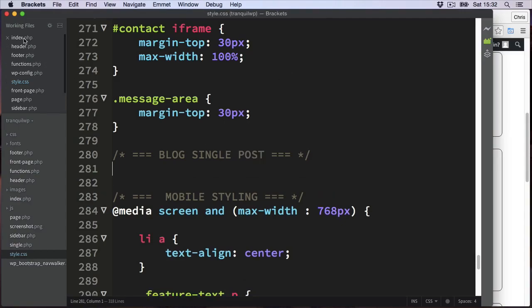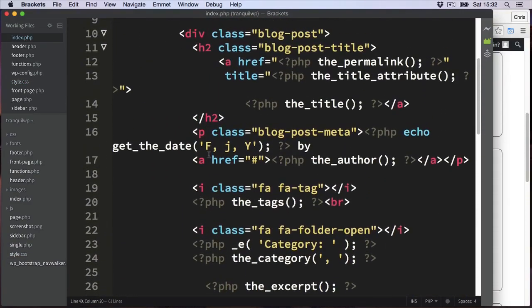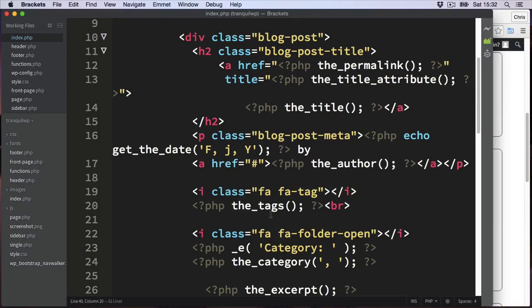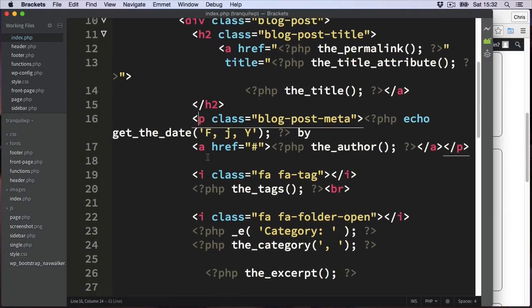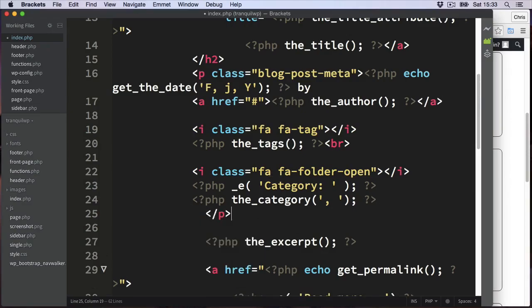Let's just take a look at the class we need to target here. So if we go into the index page, so I want to add style into the tags and the category. So the class which surround those is blog post meta, and I've just noticed there's a little mistake there. We need to move the closing P tag to actually start before the tags and category, and then end just afterwards. Otherwise that won't work. So let's just put that in